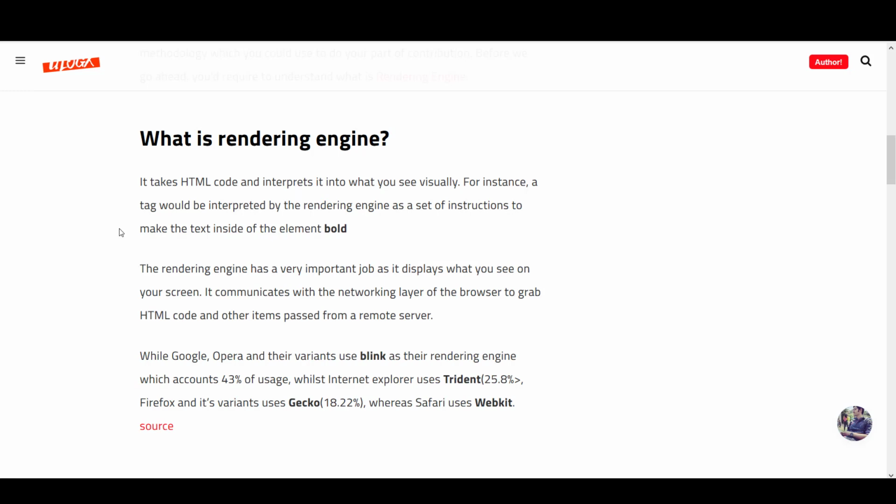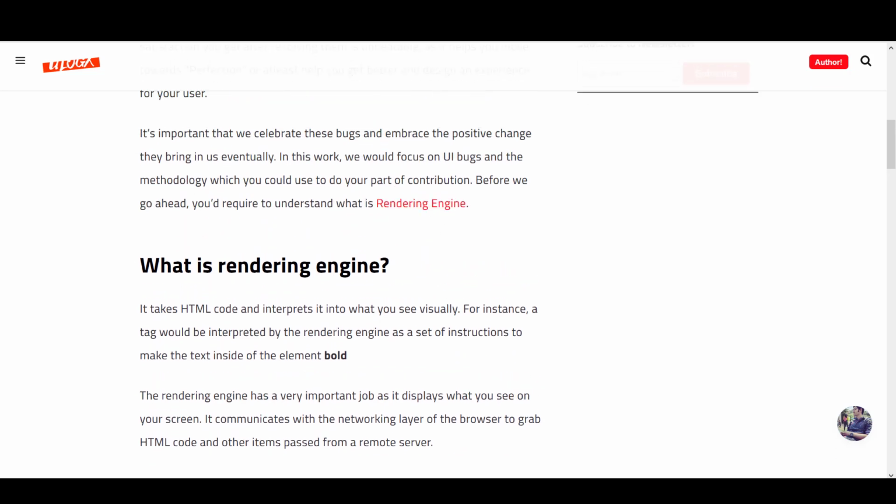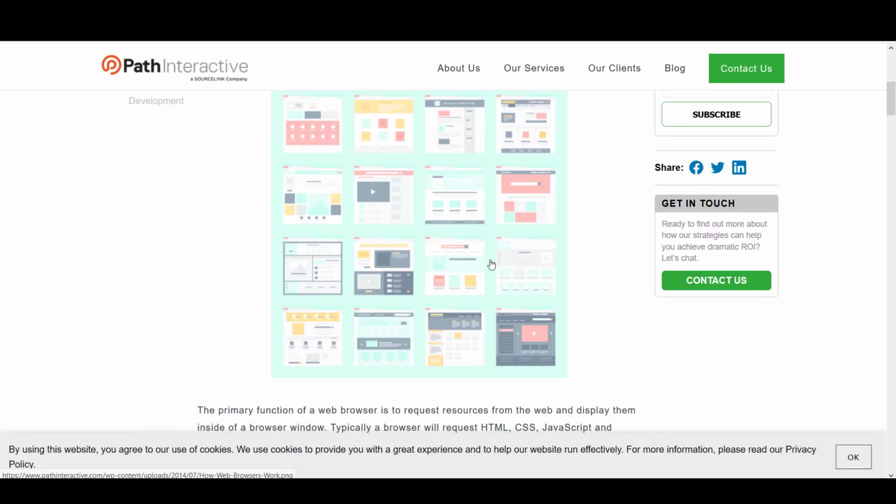It takes HTML code and interprets it into what you see visually. I'm just reading it out, but if you need to understand the depths of it, you can always refer to this blog. I have even attached a link, and this link leads to this blog, which explains in depth how browsers work.